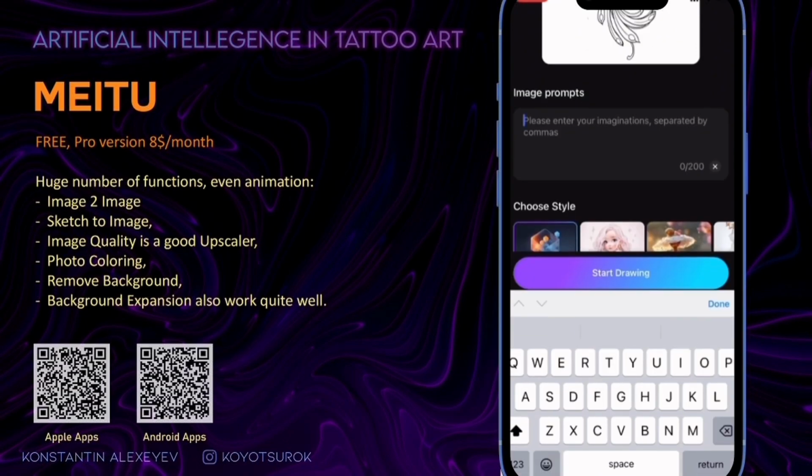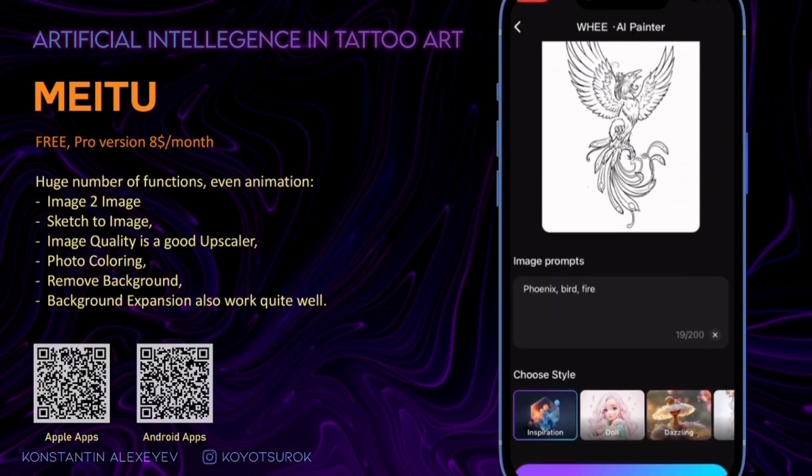As you can see here, the word Phoenix was not enough and I had to add several clarifying words, bird and fire, which are referred to as tokens, and it should help to get closer results. Sometimes 3 tokens are enough, and sometimes you are gonna need 30. But keep this in mind, the more tokens you add, the less attention AI will pay to each of them.